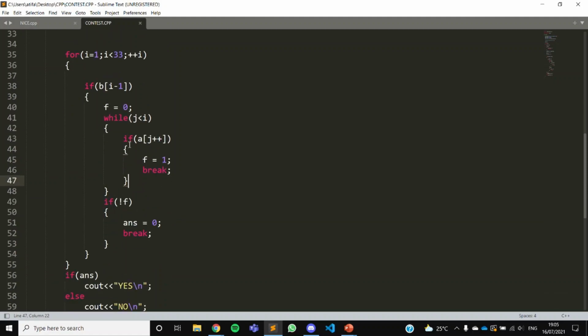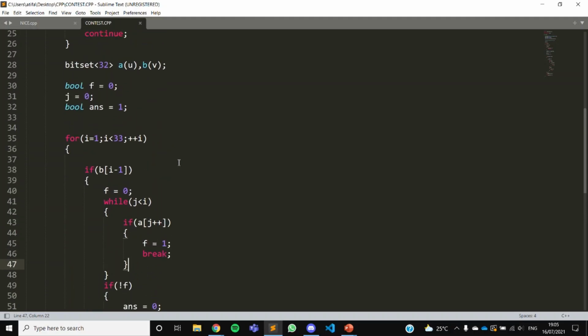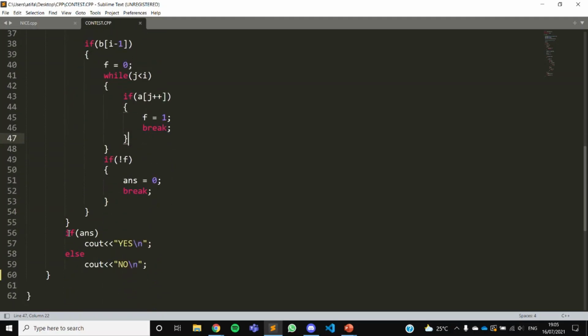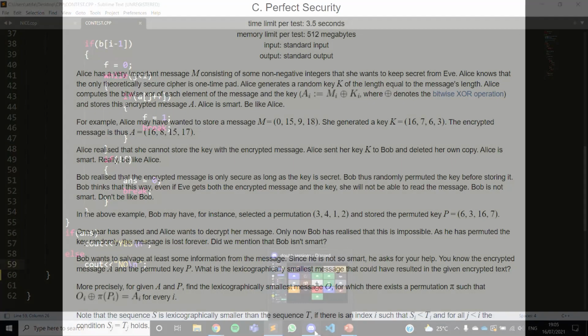Okay. If I find a set bit in U, then that is fine, so we can move forward. So I'm basically checking if there are enough set bits till that position for every set bit in the final position B. So if it's correct, then yes. If it's no, then no. I hope it's clear.